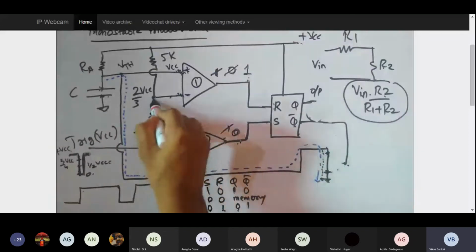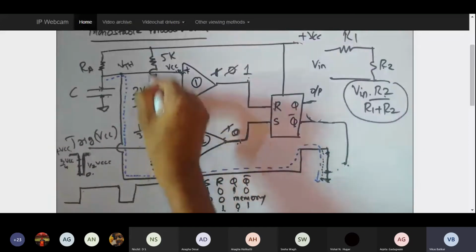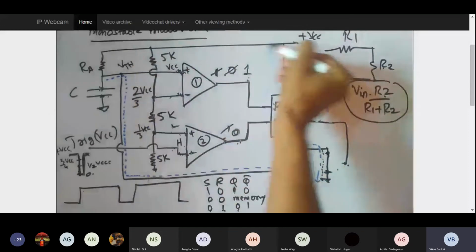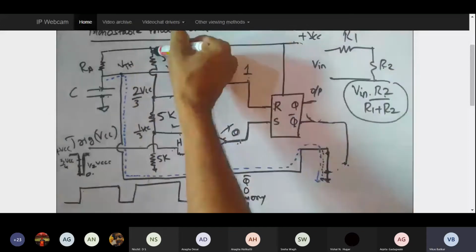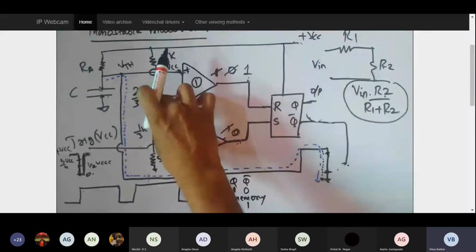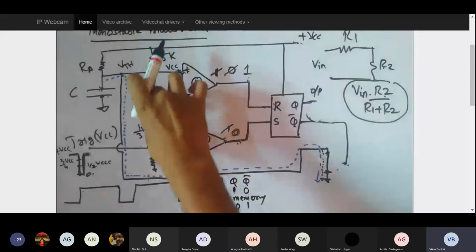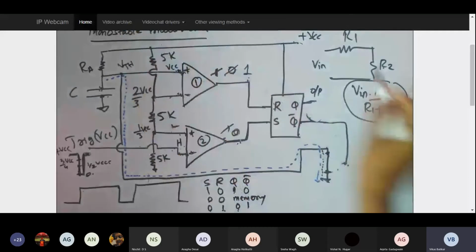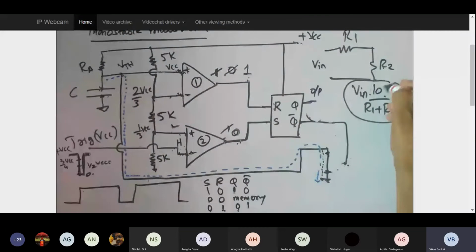But the problem here is this resistance is connected in series with this 5K. So the entire VCC will be divided between this 5K and 5K also. Even if I take only this voltage, my resistance count will happen for this 5 and this 5 also. So in place of R2, 5K plus 5K comes. So that will be my 10K divided by this entire path of the resistance, 5 plus 5 plus 5, 15K.